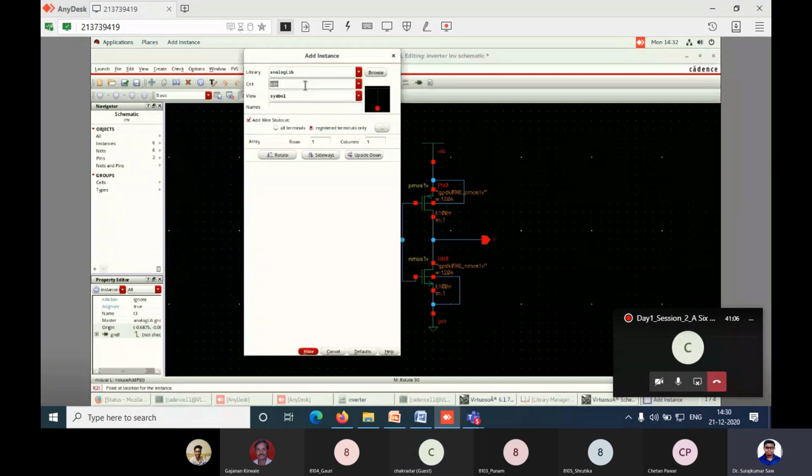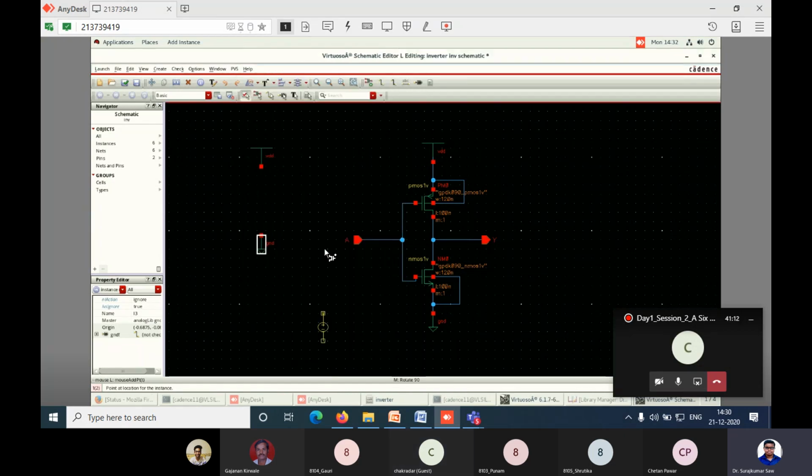Go again to the analog library. Type here VDC. Type VDC. Then just put it in between the VDD and ground. All of you go to analog library. Type VDC. Very good. Yes, Mohammed Ali, go to the library. Go, type VDC, Mohammed Ali. Okay. Then place it in between them, right? And with the help of connecting wire.